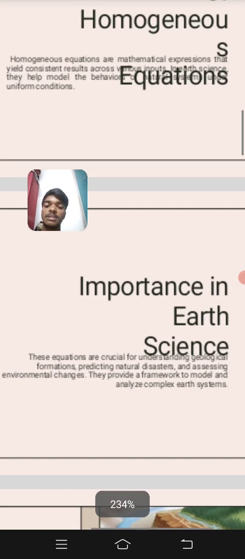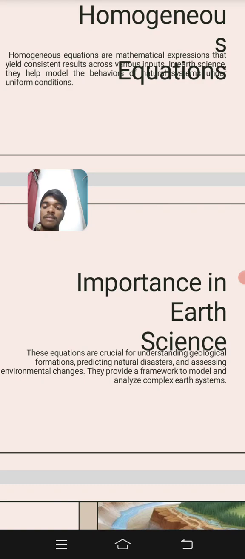Let's know the importance in earth science. These equations are crucial for understanding geological formations,